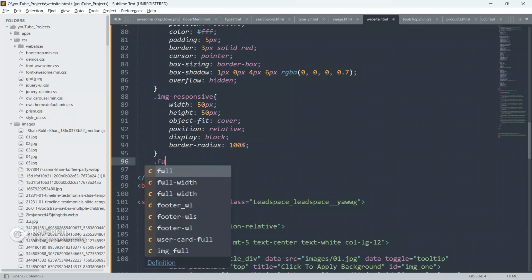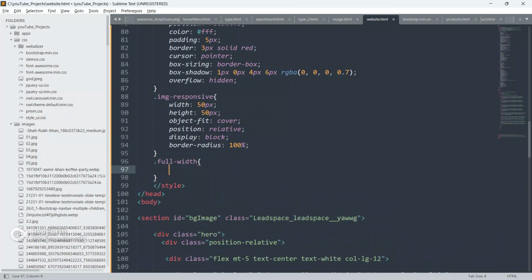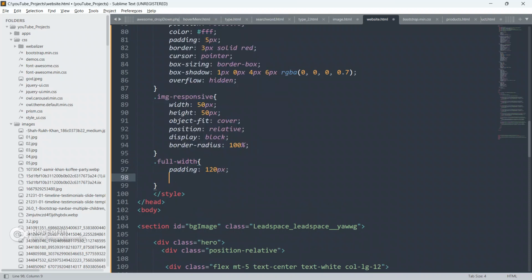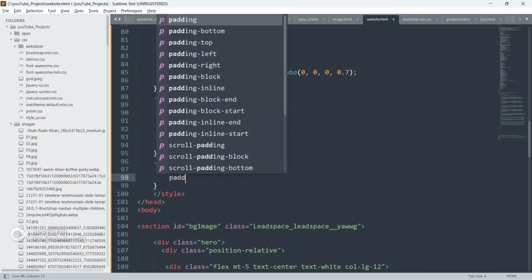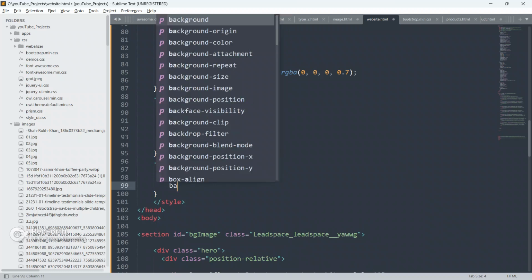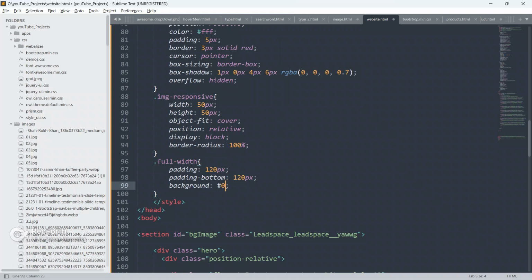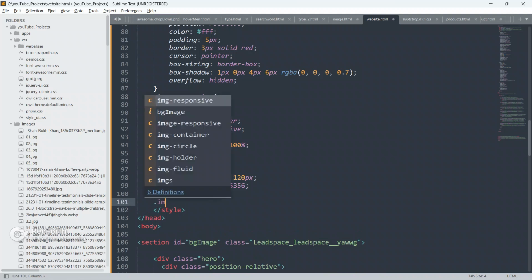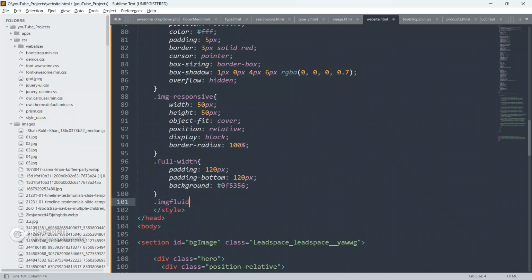Just be here, give full width, padding top 120px and padding bottom also 120px, give background color as hash 0f5356. Now target this img fluid.